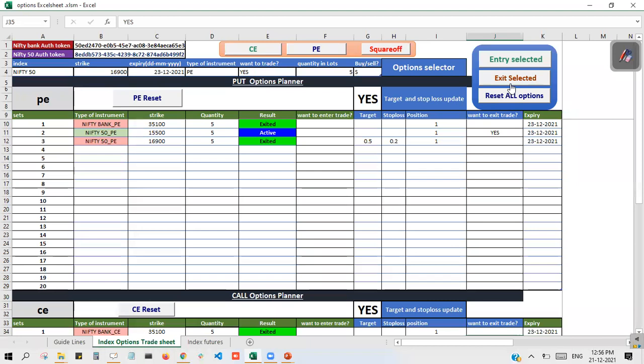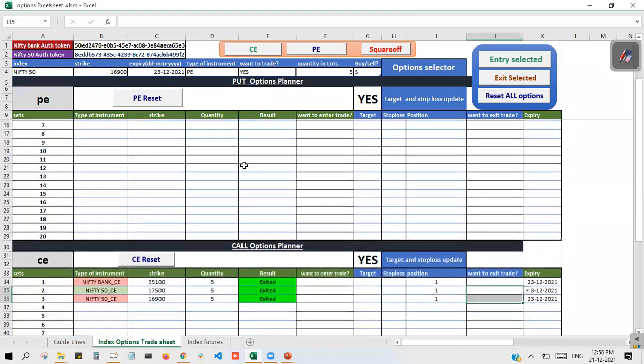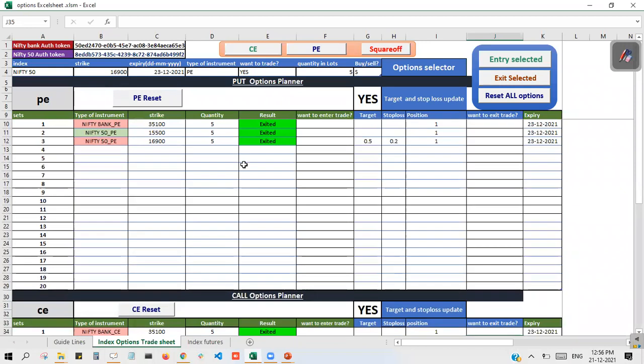So now I am going to close all the positions with exit selected. As soon as you click exit selected, all positions will be closed here. Now I want to reset.